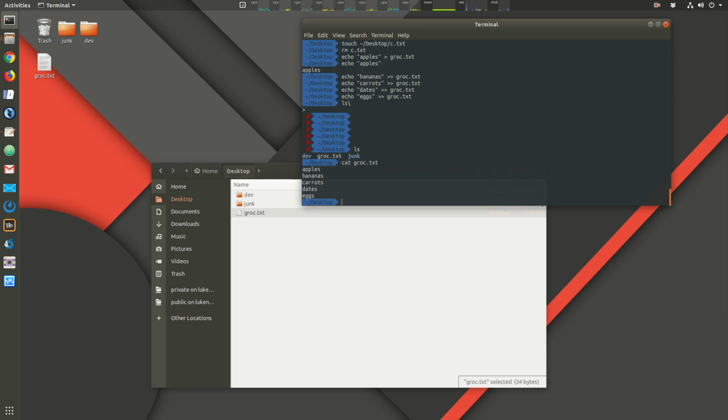There we go. So there's our list. That's looking good. Now let's say I want to copy this list. So instead of using the move command, which is mv, we want to use the copy command. The copy command, instead of just moving the file,